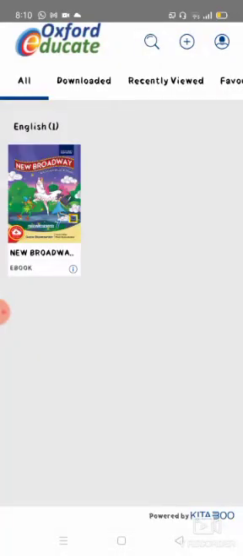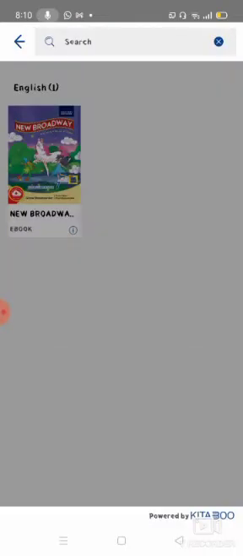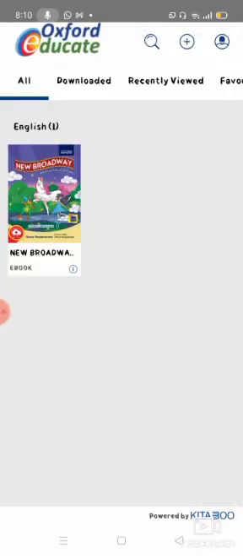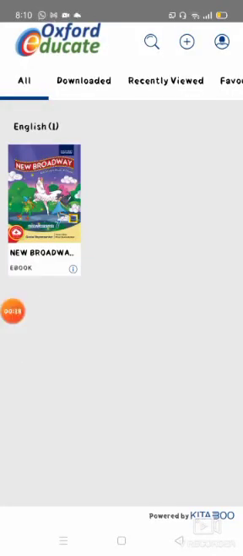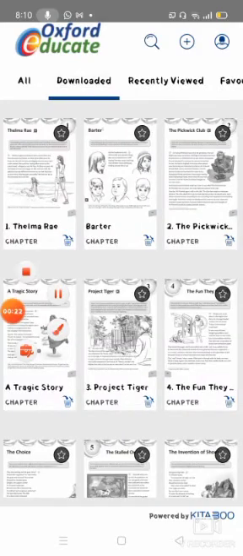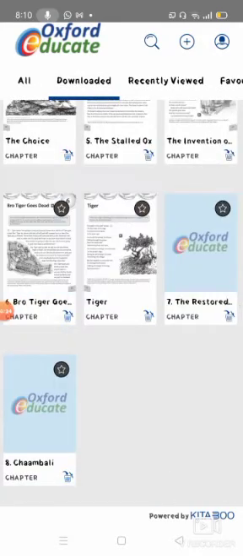So here I have opened the screen, and from here we can search whichever book we have open. Then we can add a book over here by adding the ISBN. Then we can see the downloaded ones which we have downloaded.